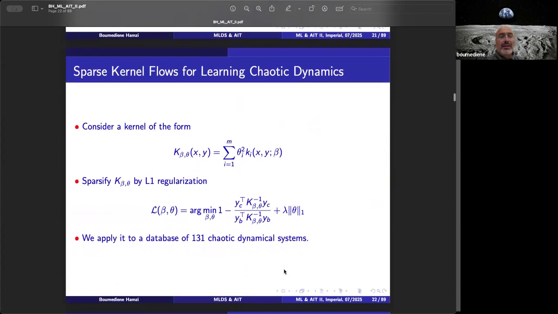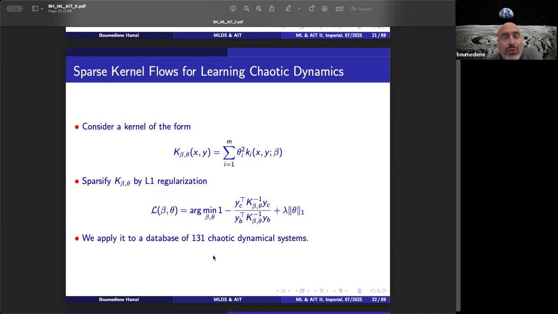The question is always how do you learn the kernel? Well, what is the base kernel? We just started with a sum of elemental kernels. Here we have m elemental kernels like the Gaussian, Laplace, Matern, etc. Then we sparsify: we introduce the sparsification here, plus lambda times the L1 norm of theta, which are the coefficients. This term here can be changed. It's not really important, but it can be just one of the criteria that we use. It could be, as I said, a short-term or long-term criterion, or statistics, etc.